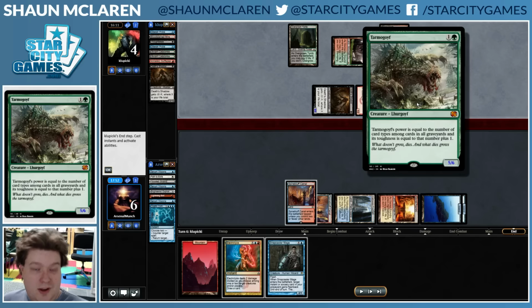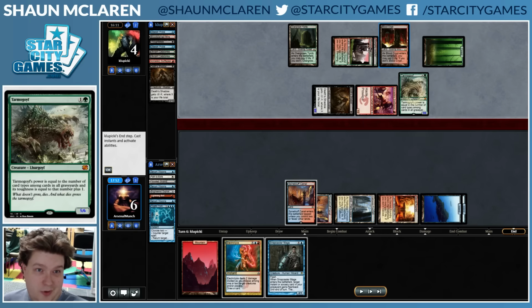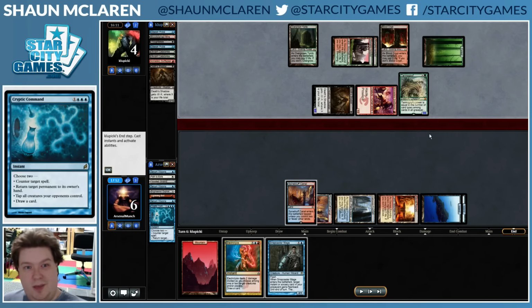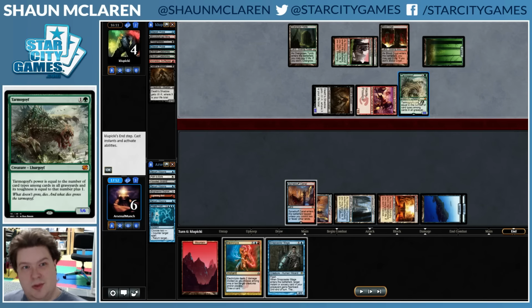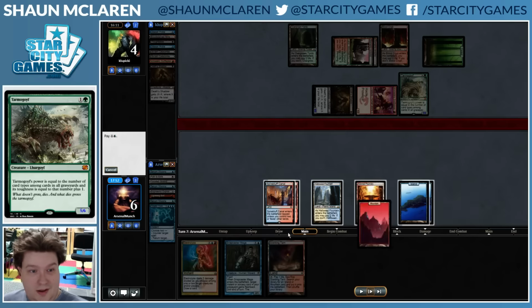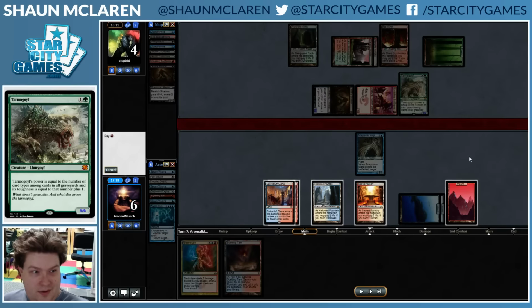And here our opponent actually did have Tarmogoyf, which would have killed us if we had tapped down with Cryptic Command and saved the explosives. We would have walked into that if our opponent had top decked it. But instead, we just win